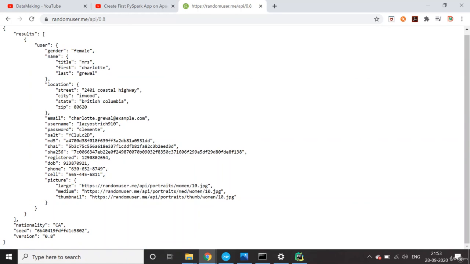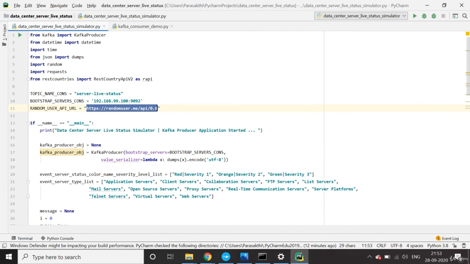So this is going to get the information for the country, to generate a random country I'm picking. You can actually use this API for other purposes also, but I am using it only for taking the country name, and with that country name I'm going to fetch a city name and build the other information for the simulator. So this is one important API. That's the purpose of this API.